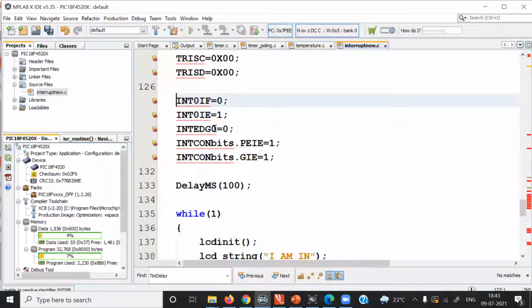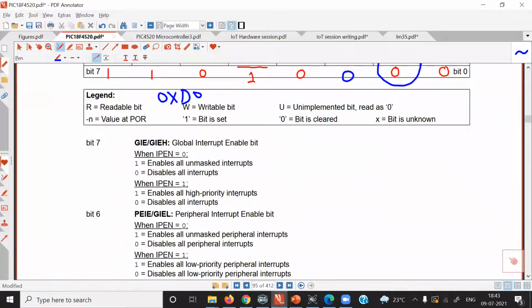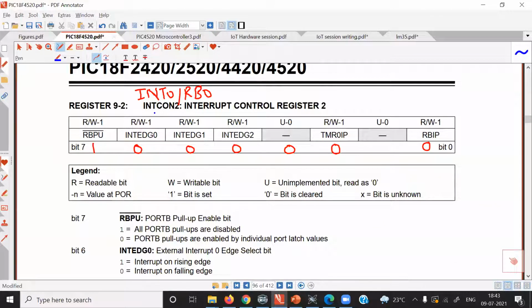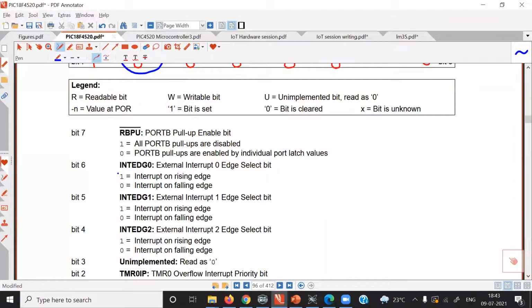This INTEDG0 bit is there in another SFR, that is the INTCON2 register. In the INTCON2 register, there are 3 bits here: INTEDG0, INTEDG1, INTEDG2. The meaning is given here: INTEDG0 is the external interrupt 0 edge select bit.